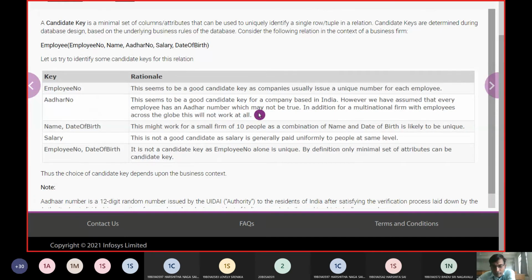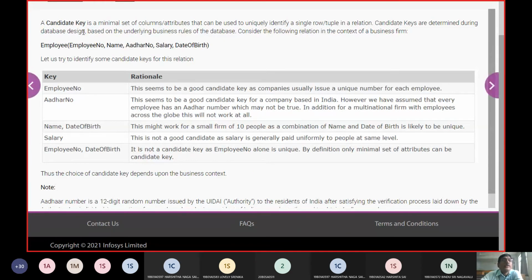So an interesting word comes to you again. What is a candidate key? We know the mechanism: that is what we call a super key. From the super key we have a minimal set of keys called a candidate key. From that minimal set of keys we pick an appropriate key which satisfies the domain and is unique and not null. We call it a primary key.